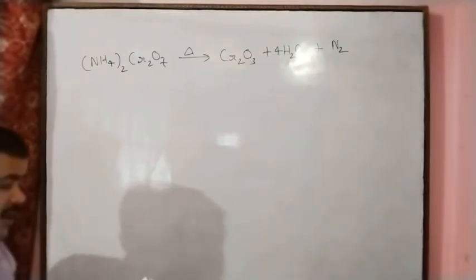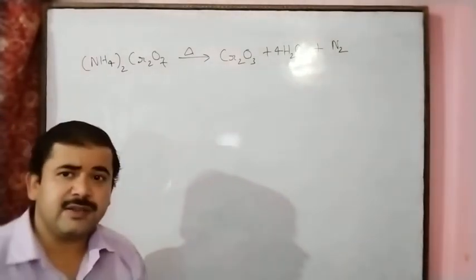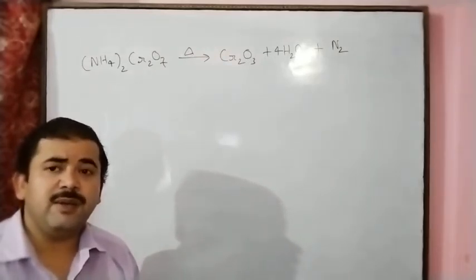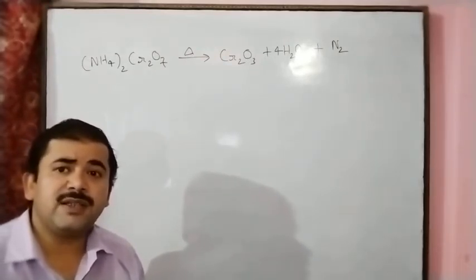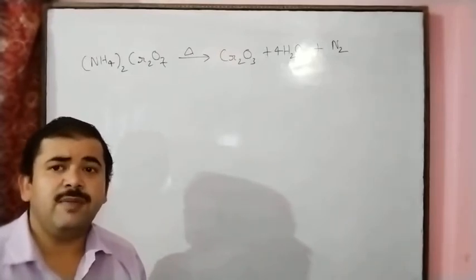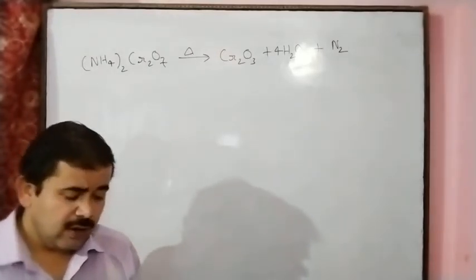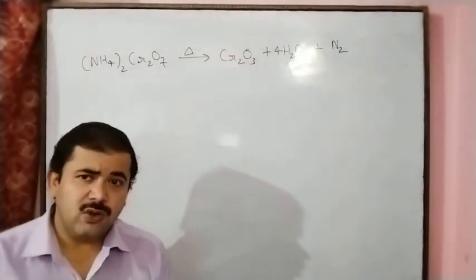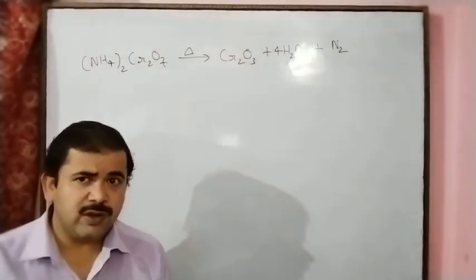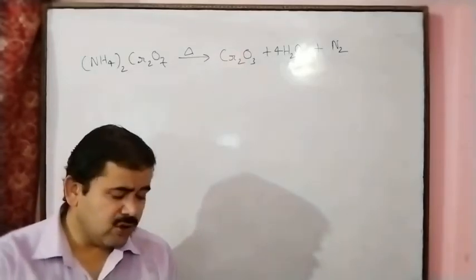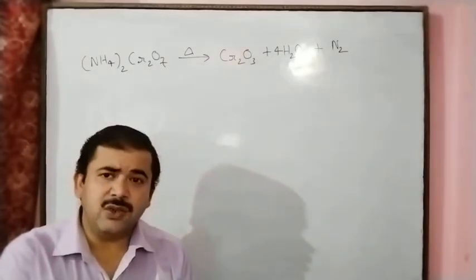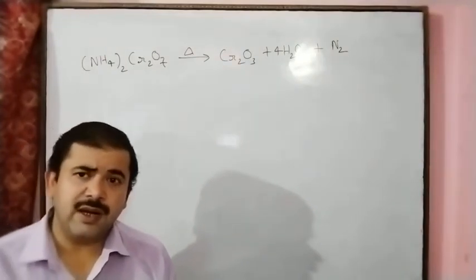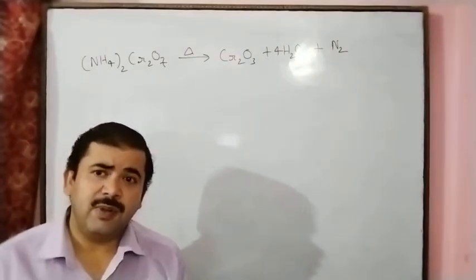In the same manner, heat on a hydrated substance, CuSO4.5H2O, and if we give the heat energy, we will get CuSO4 plus 5H2O. And on strong heating of CuSO4, means more heat energy, we will get CuO, cupric oxide, plus sulfur dioxide plus oxygen.